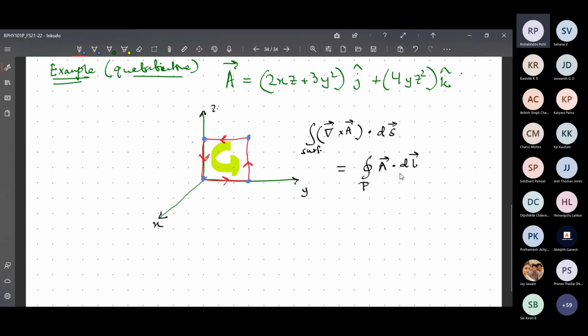Here you will not get something positive, and here you will not get something negative. That is my essential idea. Whatever number you get on this side, you will get the same number on this side. But you have to choose a particular orientation and a particular sign. Is it clear?